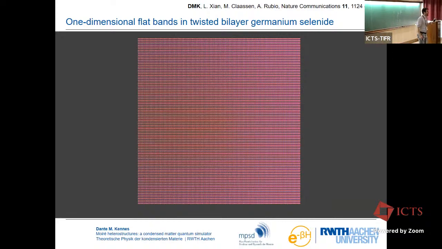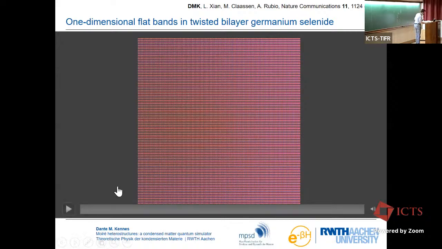Okay, now let's make a bigger step away from graphene, and let's even change the geometric structure. We're now looking at a monochalcogenide, germanium selenide, and that has a rectangular unit cell. So that's a bit different to what we have seen so far. And let's first look again just at the geometric interference pattern. And now comes the challenge.